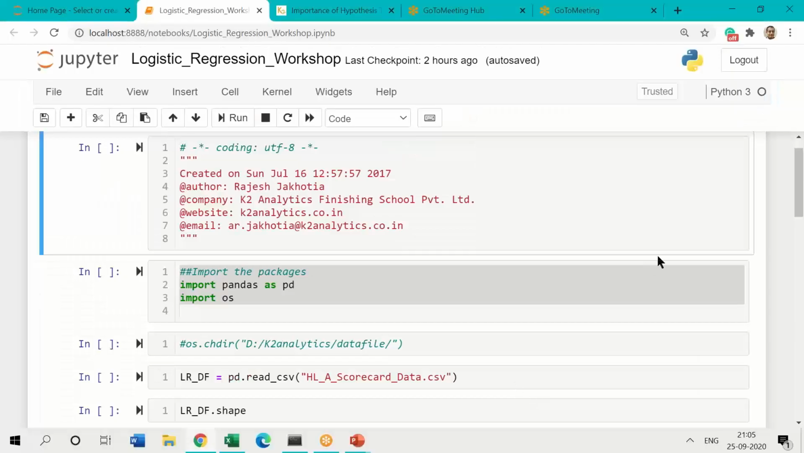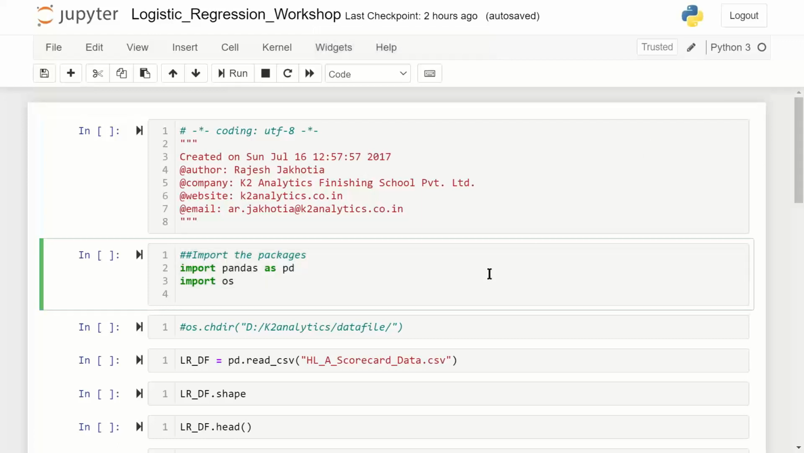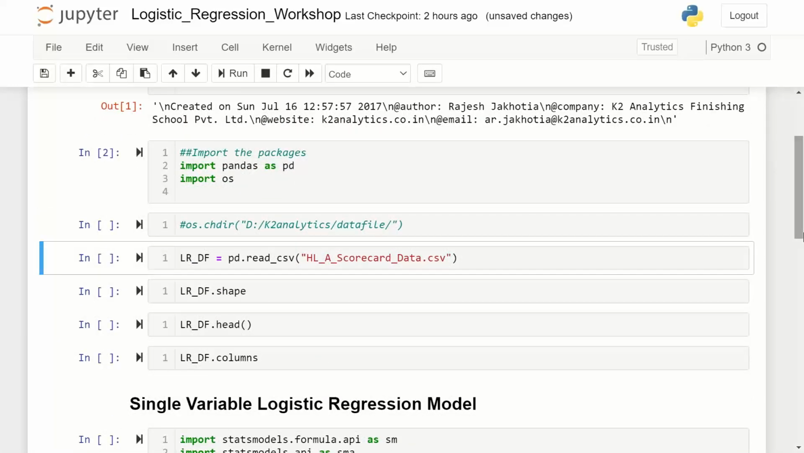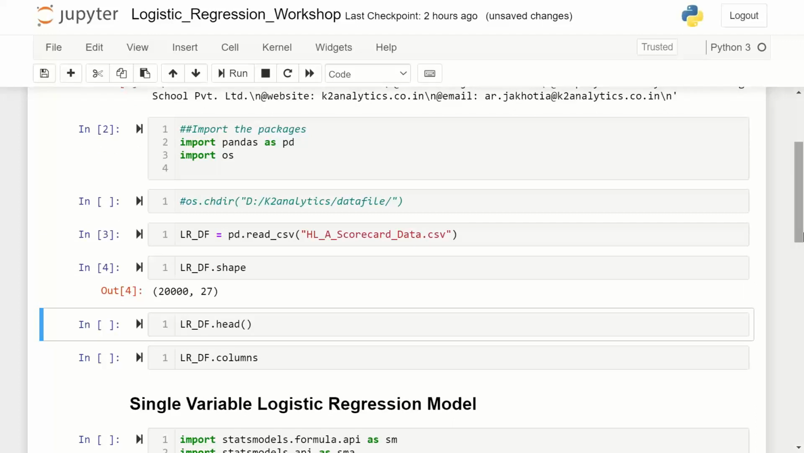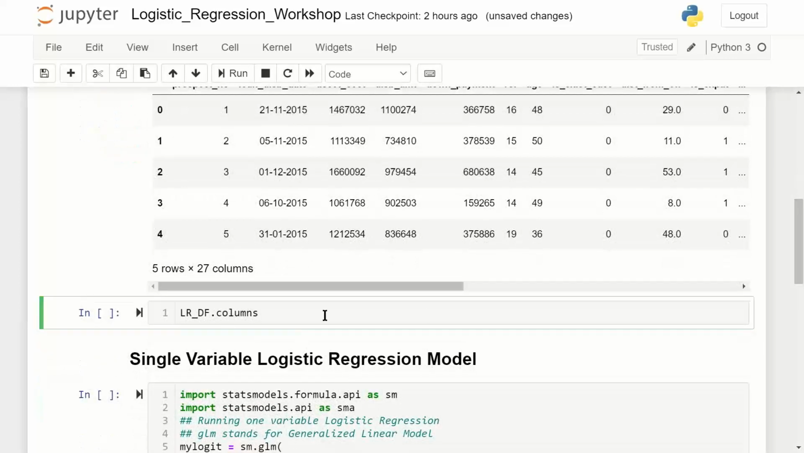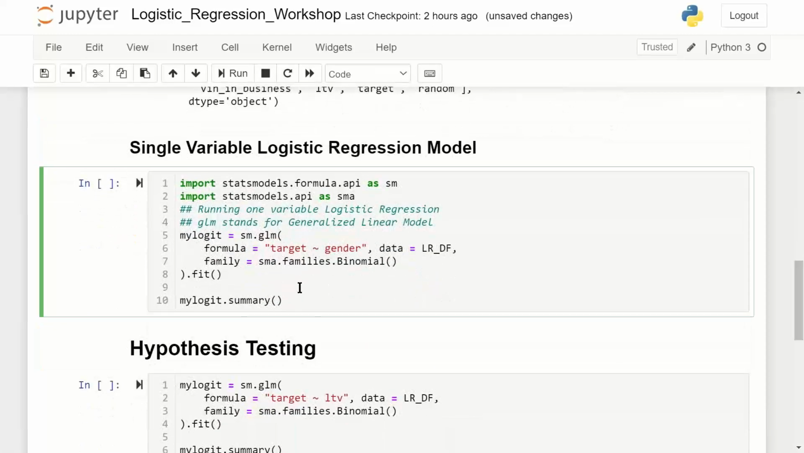I'll move to my Jupyter notebook and let us quickly execute the codes we had executed last time. We'll import the pandas package. I'm not going to run the OSCHDIR because the file which I want to import is in the same folder from where I launched Jupyter Notebook. This is a shape. We have 20,000 records, 27 columns. The head, initial few records is what it is displayed. The list of columns, if I want, I can get a listing of all the columns. And this is the code we executed here